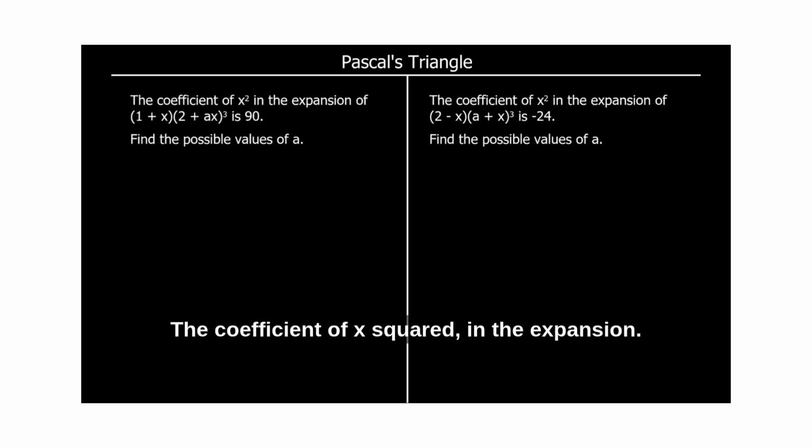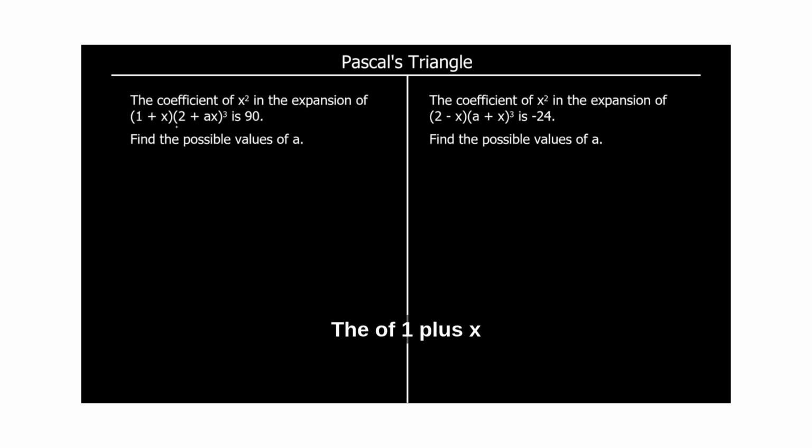The coefficient of x squared in the expansion of (1 plus x)(2 plus ax)^3 is 90. Find the possible values of a. So again, we can use Pascal's triangle to expand this cubic part. 1, 3, 3, 1. So the expansion of (2 plus ax)^3 is going to be 2 cubed plus 3 times 2 squared